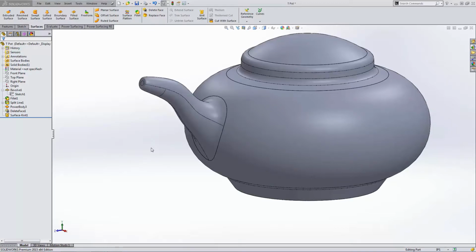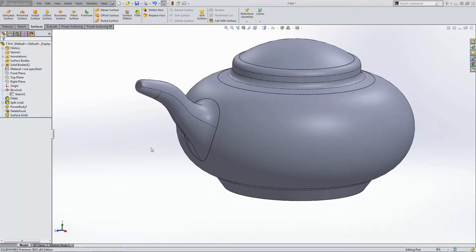Now, one of the most important things for a lot of us is the option to constrain to imported references. What I mean by that is you can take a face from your SolidWorks model, import it into your Power Surfacing Edit Power Body, and then constrain your existing vertices, edges, and whatever you need to, constrain those to geometry that you imported. Now we're going to take a look at a few examples that show and highlight this